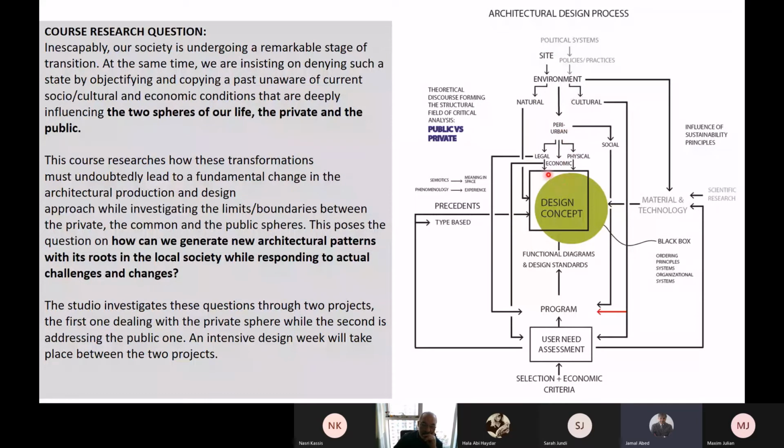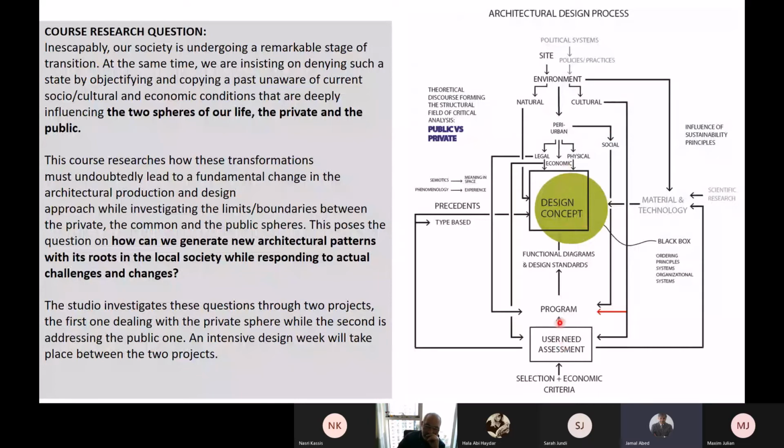In other words, and that's very critical in our pedagogy approach in the teaching of the students, is not only to undertake an analytical process, but analysis is always connected to the synthesis, formulated through design directives that they need to commit to for the design concept. So this is one axis.